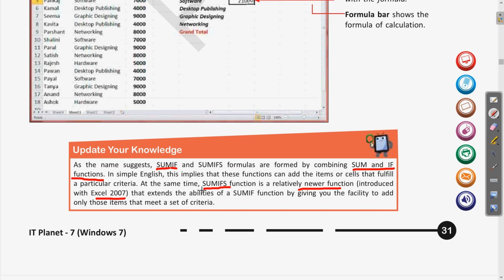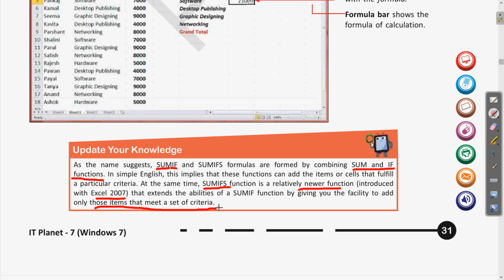What is the feature of this sum ifs? That extends the abilities of sum if functions by giving you the facility to add only those items that meet a set of criteria. So this sum ifs is an advanced version of sum if, in which we will have some other criteria also.